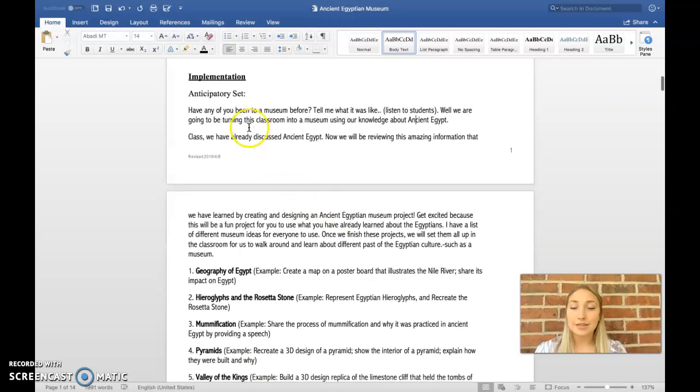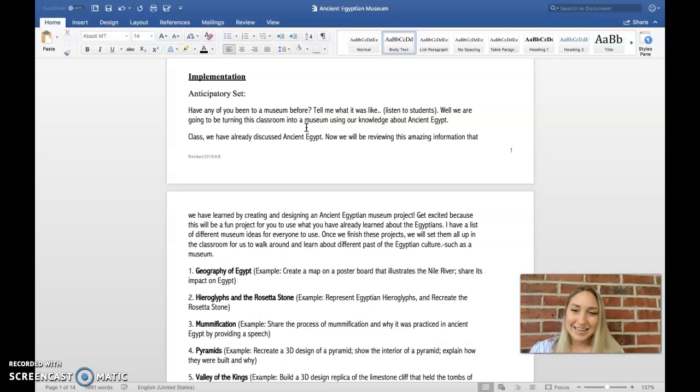The anticipatory set, so my hook for this is going to go something like, have you ever been to a museum before? Because we're creating a museum in our classroom, that's why. And I'll ask them to tell me what it was like, and I'll listen to their answers, and then I'm going to say, just to get them excited about this, well, we are going to be turning this classroom into a museum using our knowledge about ancient